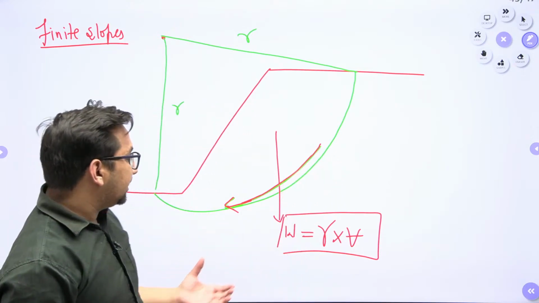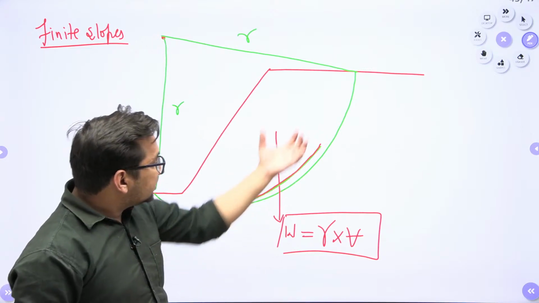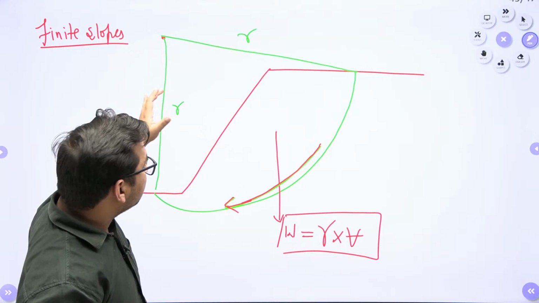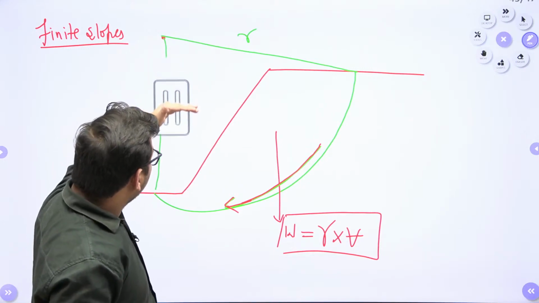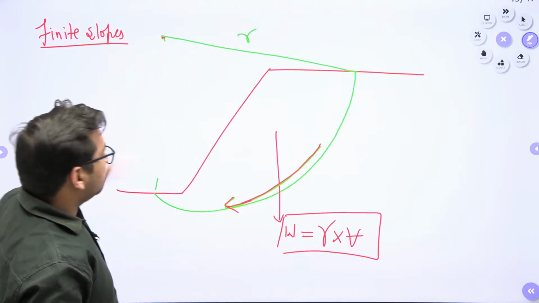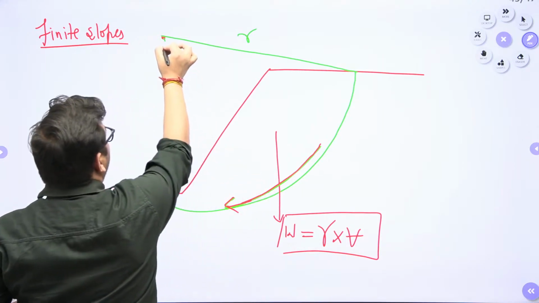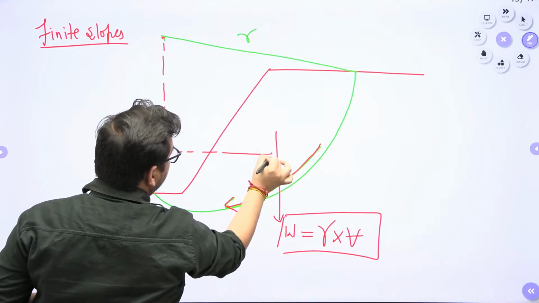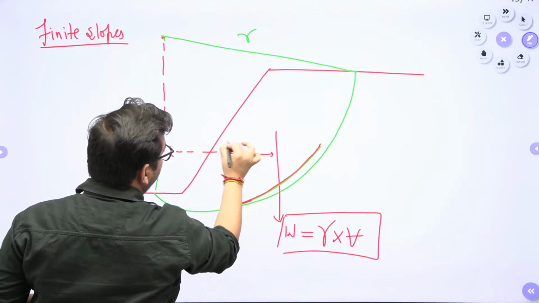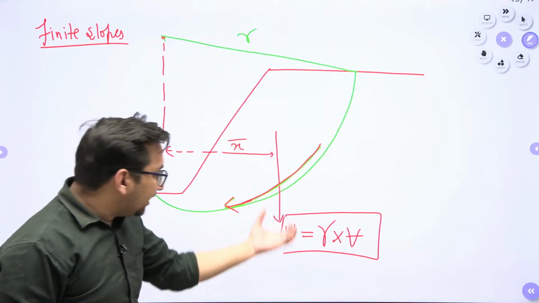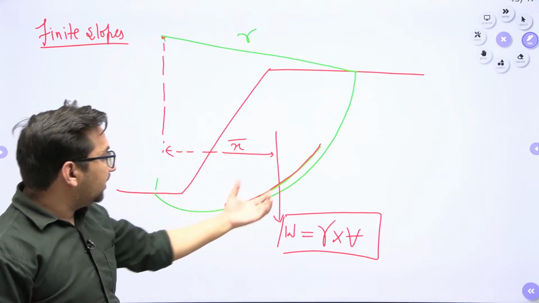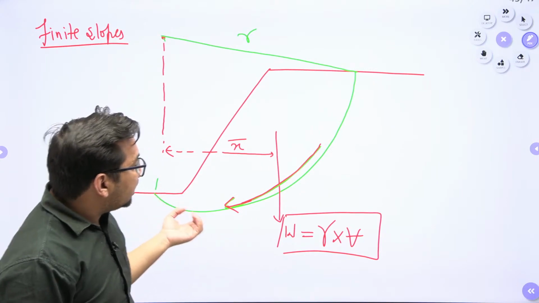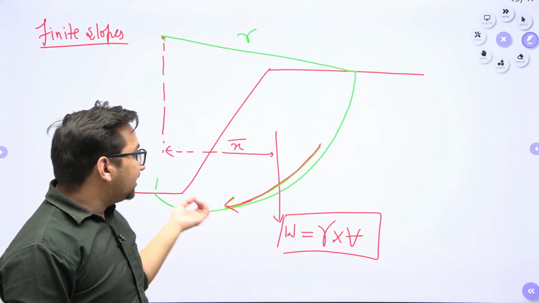This will be due to this weight component. As this is sliding about this particular point, it means we have to consider the moment value. Let's suppose the line of action or the lever arm of this weight from this particular center is x bar. So what will be the moment of this weight W about this center? It will be W into x bar. This particular moment is trying to fail this particular wedge,